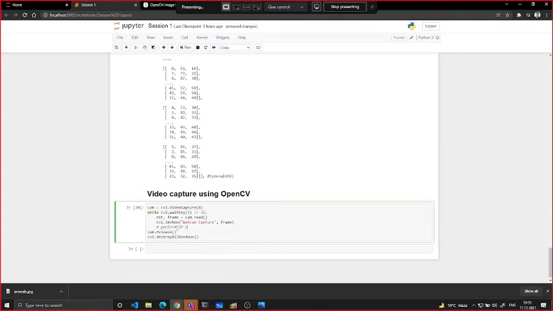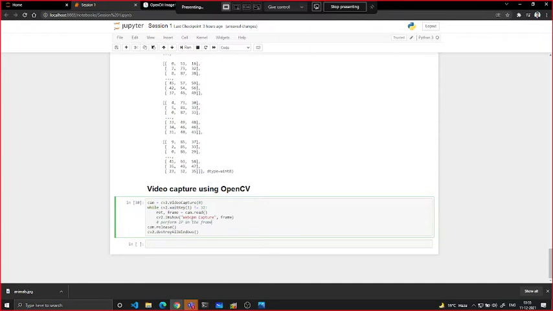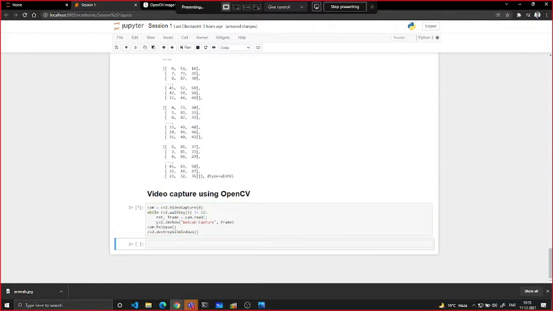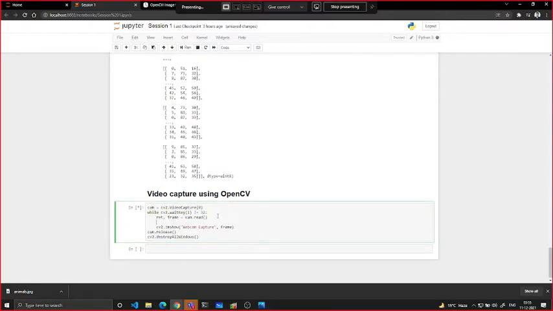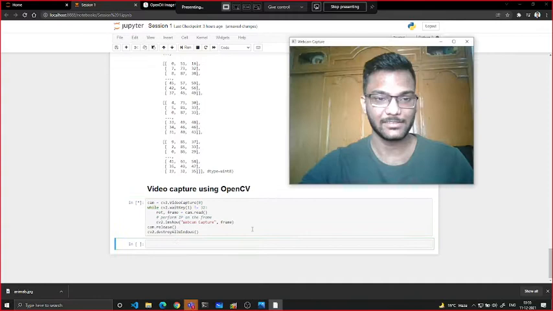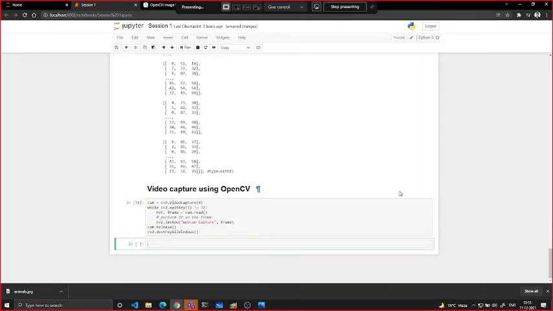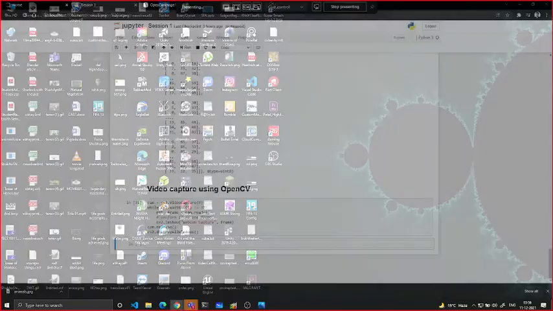You can perform image processing on the frame, and then you can display that frame. Oh wow, we keep running that cell. Okay, so that's basically how you capture video from your webcam. And I will resume my webcam over here. So yeah, that was the first section of